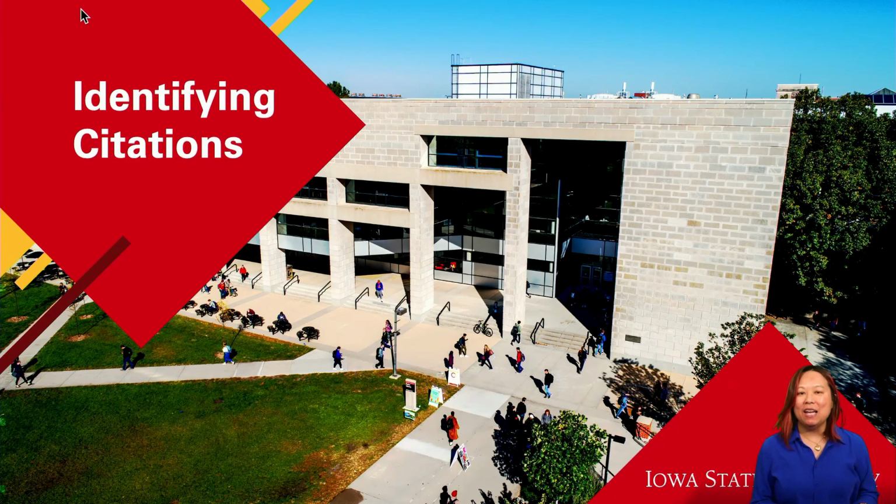I'm Dr. Yen, and I'm here to talk about how you can identify citations in the references and resources that you bring up in your searches. The reason why this is so important is because when you know the citation type, whether it's a book or a journal article or a conference proceeding, any of those things, it makes it a lot faster and easier to find. It's also easier to citation chain backwards to find a body of research or a piece of work